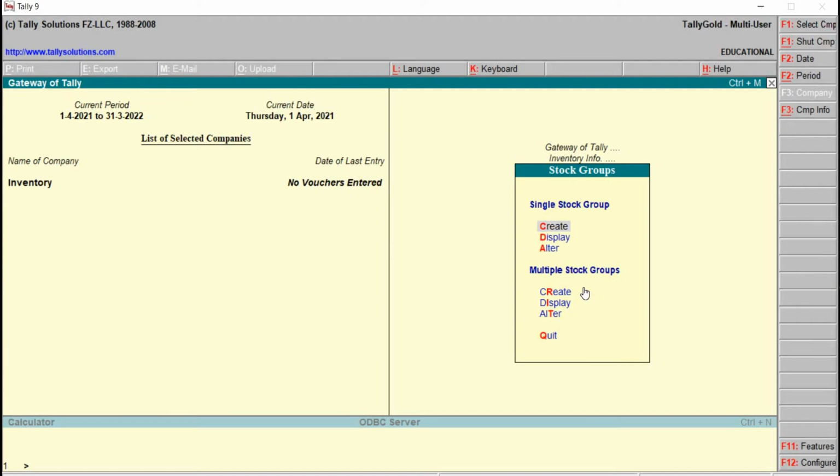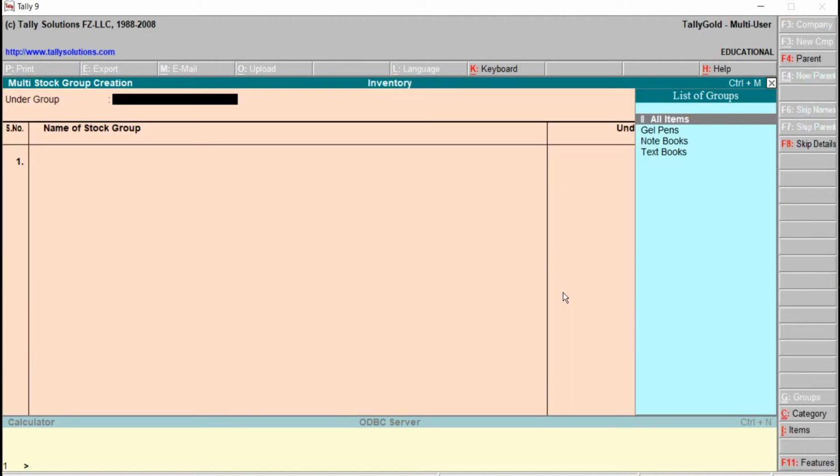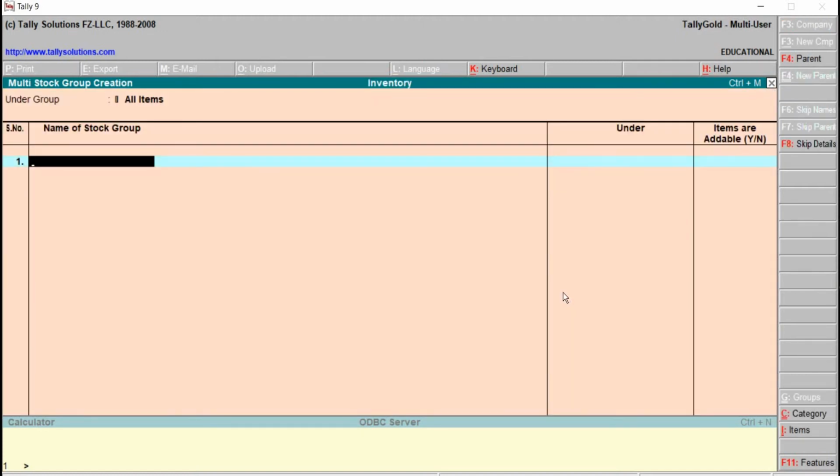Right now we will see how to create this in multiple mode. Just go for create. Okay, name of the stock group.